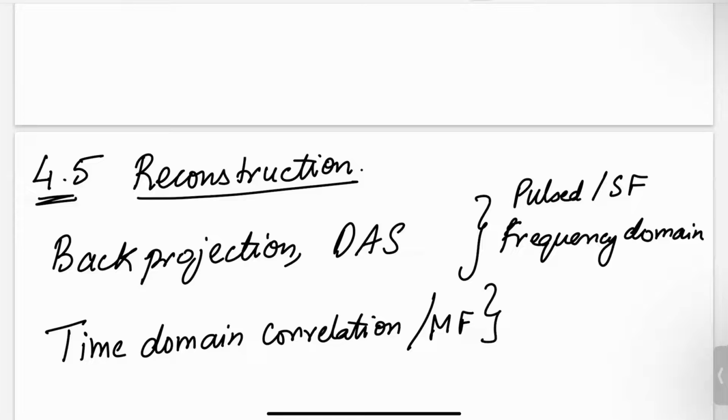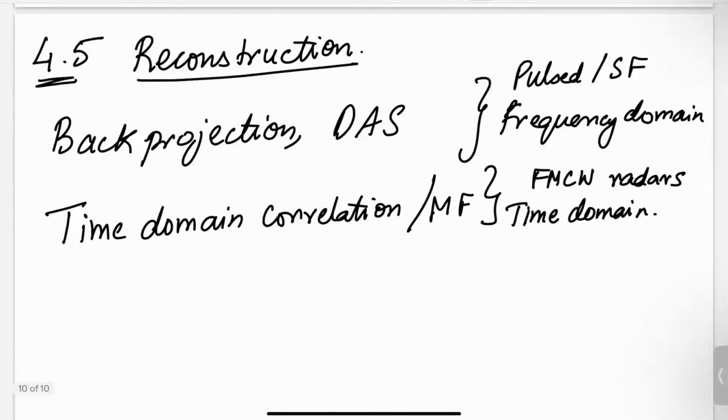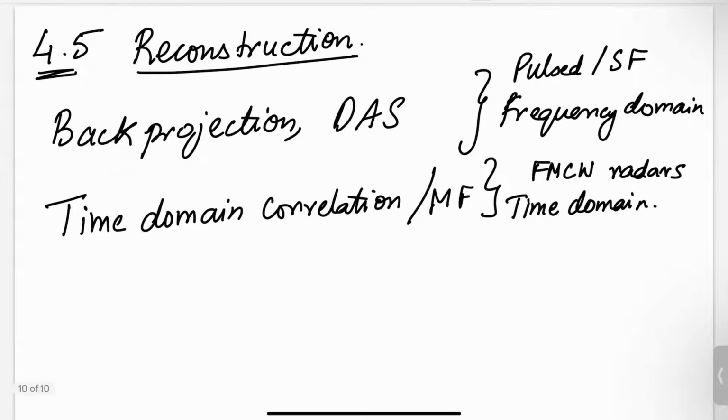Whereas this is used for FMCW radars, and this is a time domain technique. Despite these differences, since we've developed our generalized signal model, the simplified version or even the regular generalized signal model, the reconstruction turns out to be mathematically identical for all of these. So when we use the 2jkR or kR,